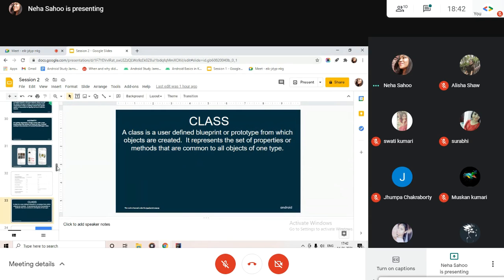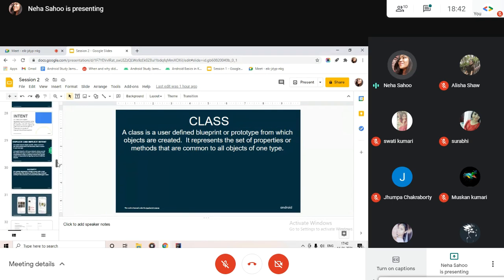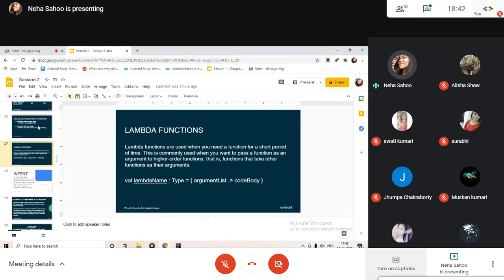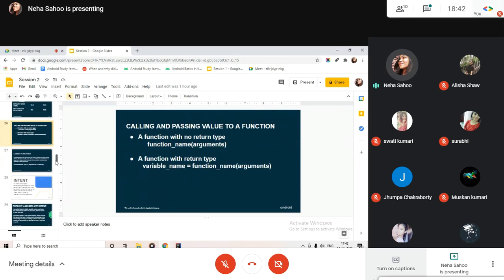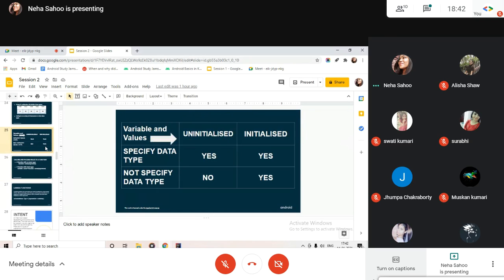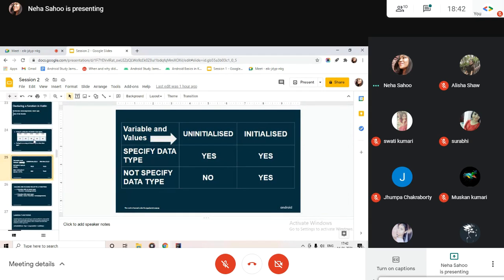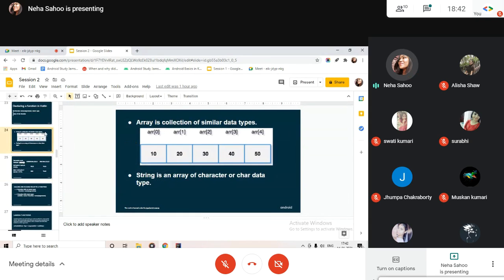I hope that you have understood what is a class, what is an intent, what is a lambda function, how to call and pass a value to a function, and when to specify data types and when not to. We also learned about array and string.